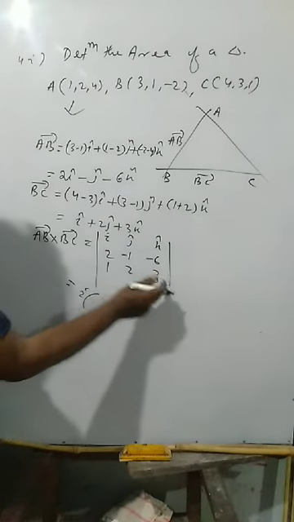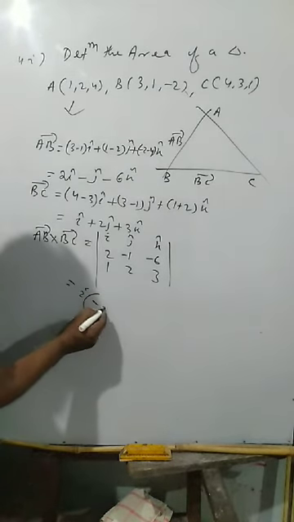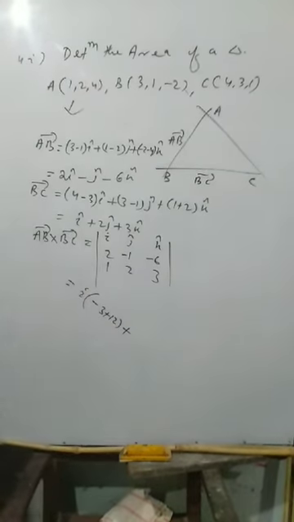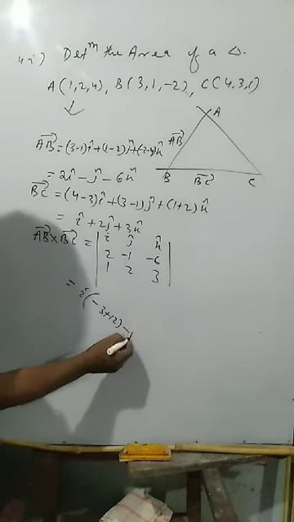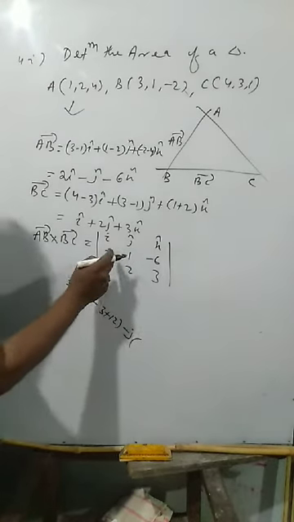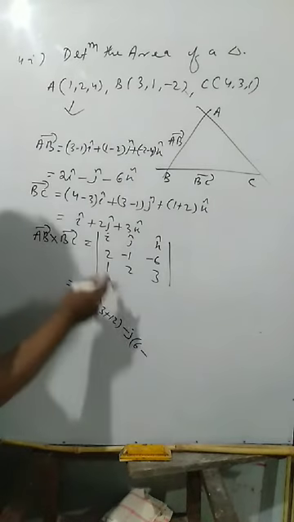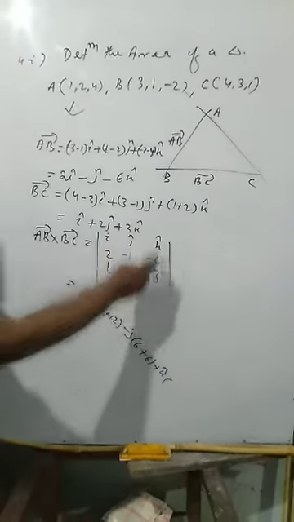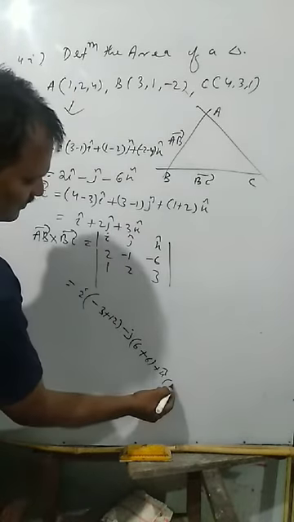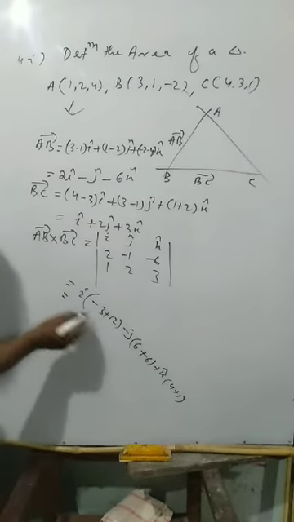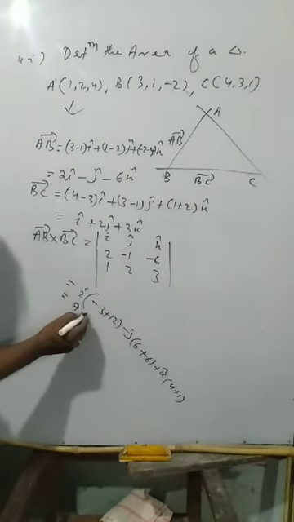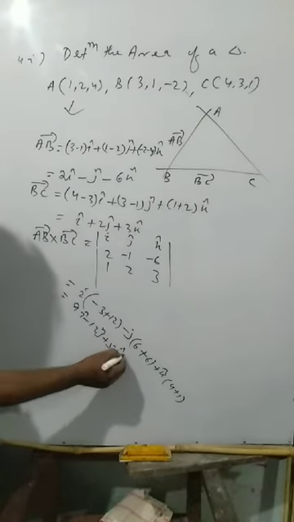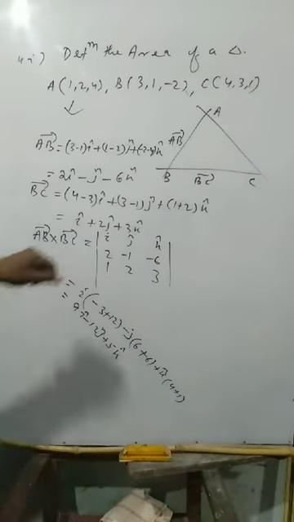I cap into minus 3 minus 12, means minus 3 plus 12, plus minus 8, minus 8, leave this, 2 into 3 is 6, minus 6 plus 6, plus K into, leave this, 2 into 4, minus 1, 4 plus 1. So this is 12 minus 3, 9 I cap, 12 J cap, 5 K cap. So this is AB cross BC.